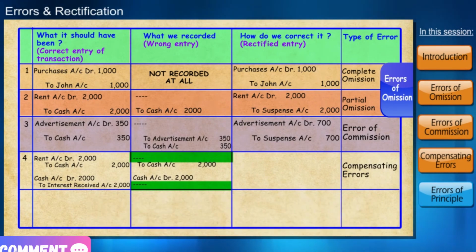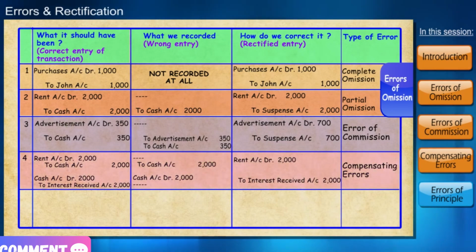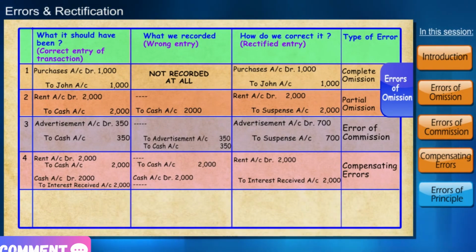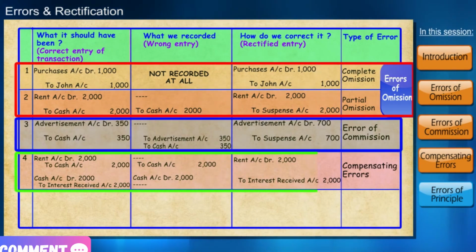For this, the correction entry would be that which we have not recorded, that is rent account debit to interest received account. This error will not appear in the suspense account. To find such errors, it is important that we carefully scrutinize all the records. Just take a minute and go through the chart and the types of errors that we have come across so far. We have broadly covered 3 types of errors. So now moving ahead,